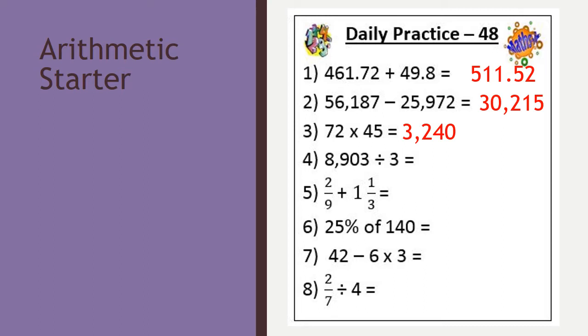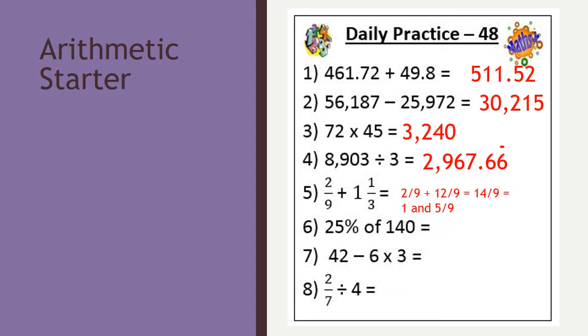Number 4, 8,903 divided by 3 equals 2,967.66 recurring. Okay, so you only need to write your answer up to 2 decimal places, and it's 0.66 recurring. And number 5, 2/9 plus 1 1/3 equals, well, we need to make sure that they